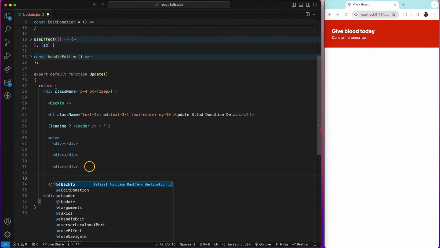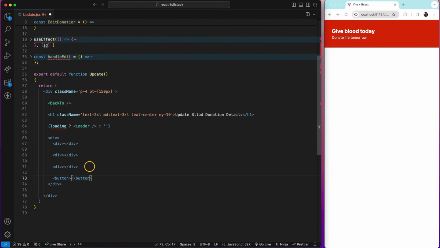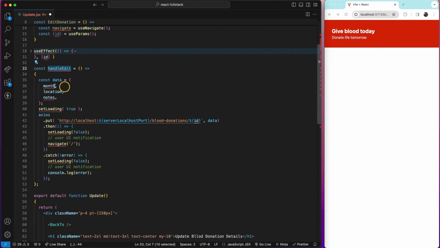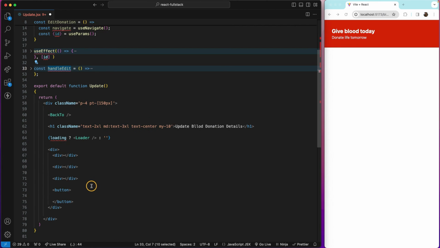And this button is truly important, because this is the button that is going to trigger everything, because we'll use the click event, and when the button gets clicked, we'll execute this function. Okay, that does all of this,